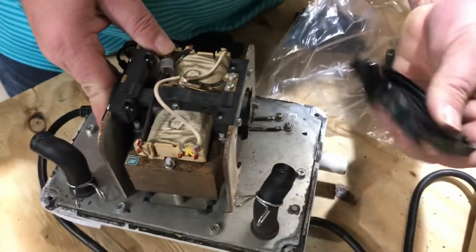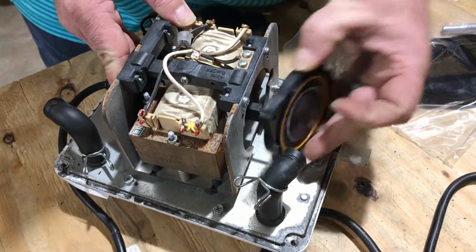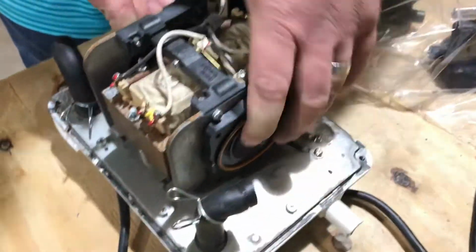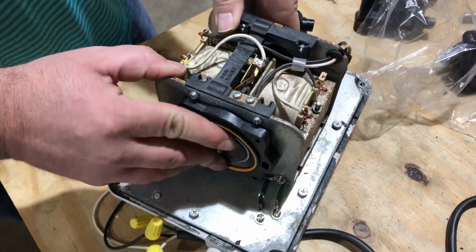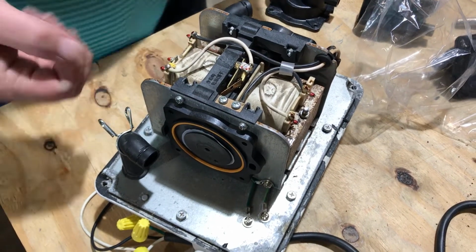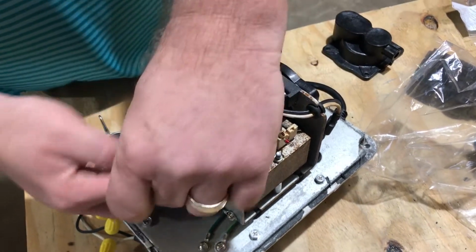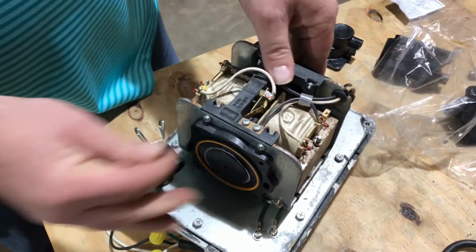Okay, same thing. Orange side out. Find your dog ear. Slide it on there. As you can see on these, there's notches right here, and those notches go in where that goes. So you put that in there like so. And then a lot of times, because the magnet wants to move, not so much on the first one, but on the second one, you're going to have to push the magnet in from the other side with your hand like I'm doing, and get this thing started. So what we'll do is push,